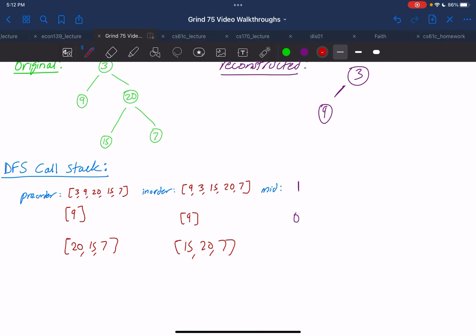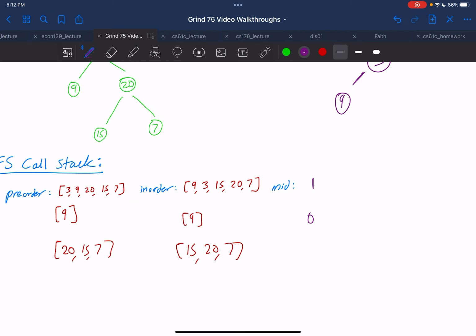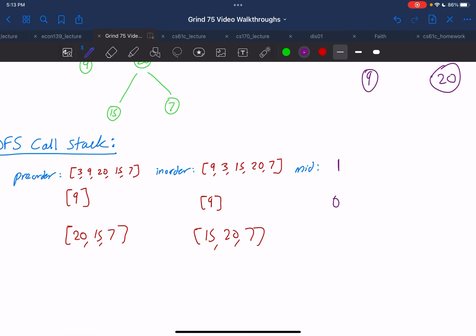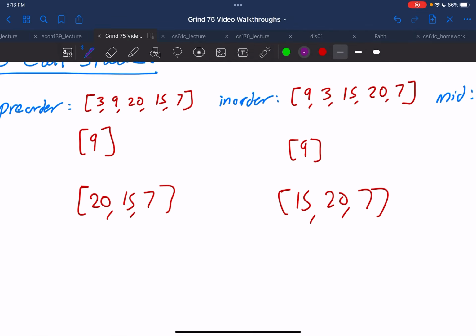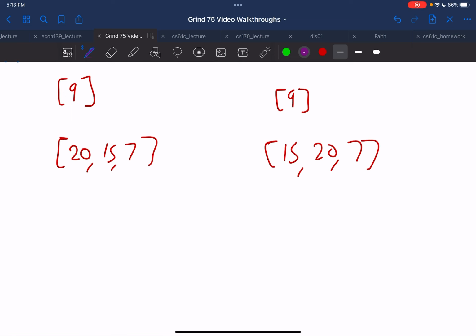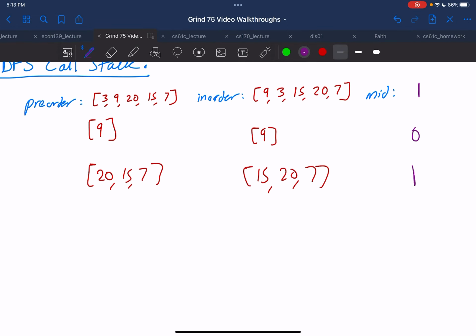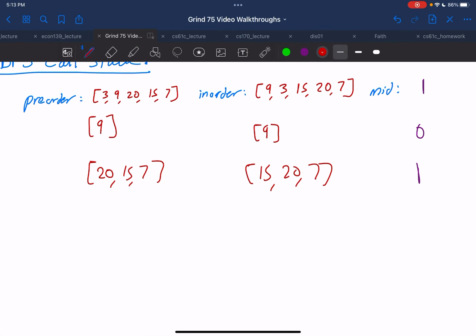Again, the same thing applies. The first element in preorder is the root node, so we make a tree node with value of 20, and 20 is index 1 in inorder, so write that as mid equals 1, and then we take 1 to mid plus 1 for the left recursive call, so that would be 15, and because it's exclusive, it would just be that, and